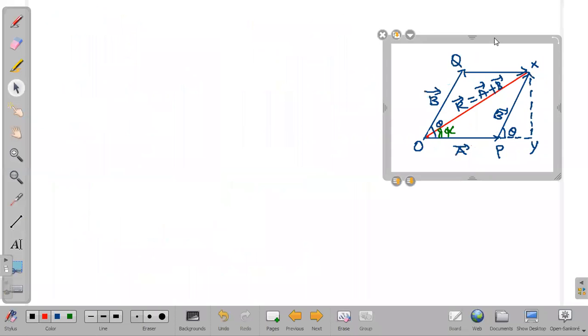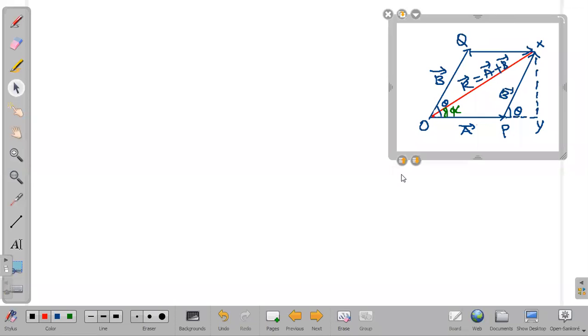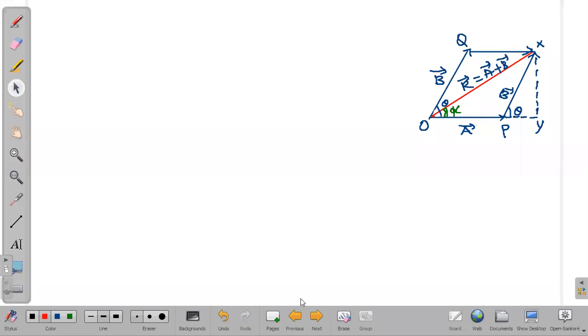What we have to find is this angle alpha. For that we are going with a trigonometric function. We are going to find the direction of the resultant. To do this, tan theta from which triangle? From triangle OYX, from that bigger triangle I am taking. The angle XOY is our alpha.